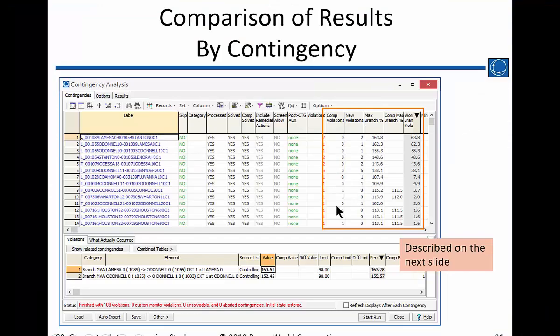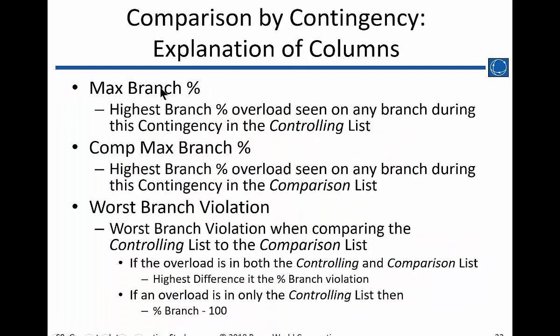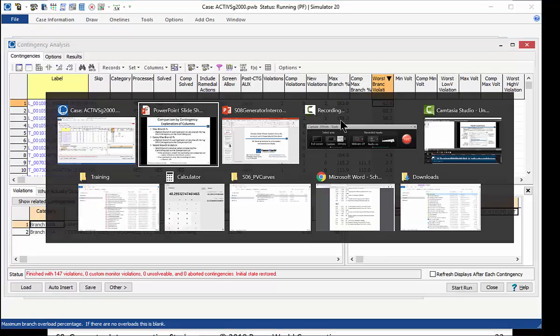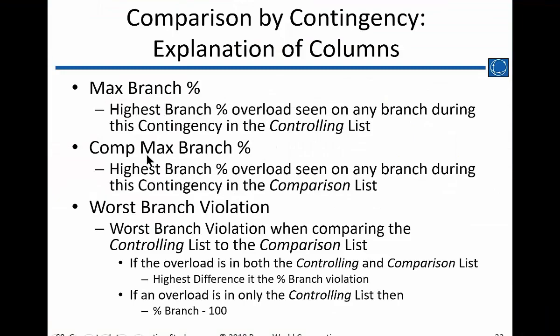The meaning of the worst branch violation really depends on whether there were any overloads in the comparison case or the base case or not. But the max branch percentage is just the worst overload in the current case. So the last one that we ran, which would be with the generator interconnected. The comparison max branch percentage is the highest overload in the original case or the base case with no generator